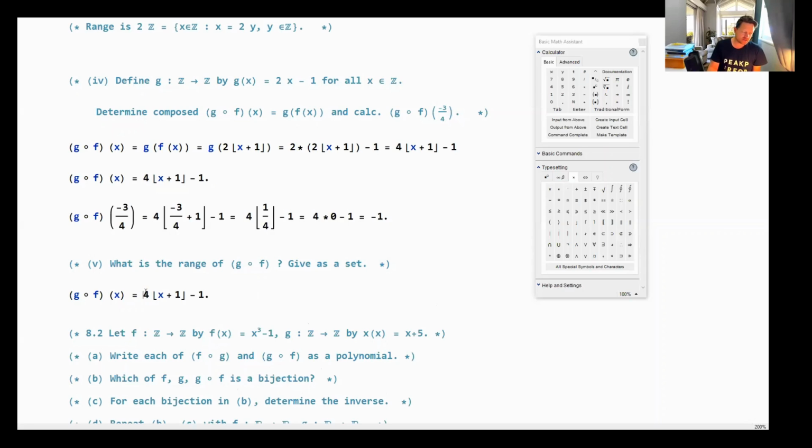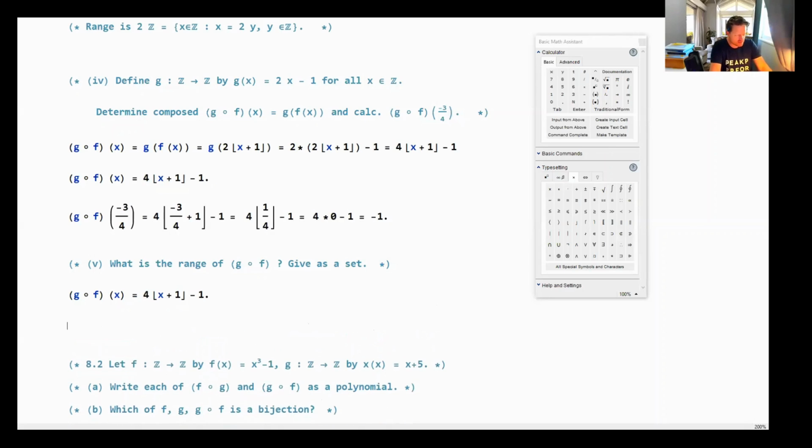So if you look at remainders mod 4, the remainder of this mod 4 is 3, right? So let's write then that the range of this function is equal to the set of all,